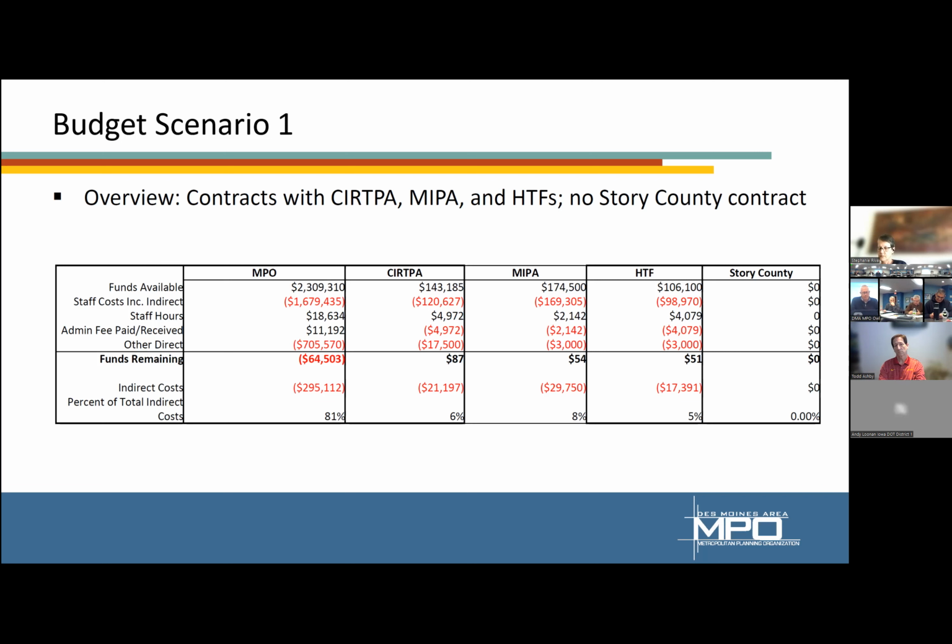Is that true? When we enter into a contract, we set the number of hours, and that number of hours is what's covering the indirect versus the other personnel costs. So we know what that is, and we either don't exceed it, or we do exceed it in the contract. We track that through our payroll, how many hours are in that project, so we know. We base it on estimated hours when we prepare the contract. And if it goes over, we would modify or amend the contract and get that additional dollar back. Correct.